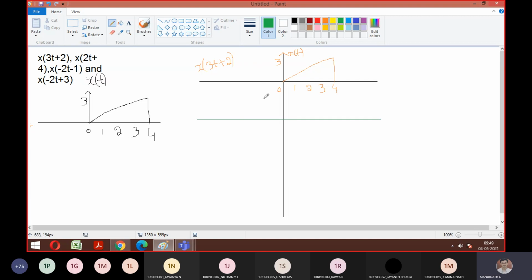Plus 2 means, I told you, it has to come towards the negative side, right? So the signal will start from a 2-unit delay. 4 to 3 is one shift, 3 to 2 is one more shift. So how does the signal look now? It starts from 2, and ends where, guys? Ends at minus 2, sir. Good. Minus 2. So this is minus 2 and this is your plus 2. This is the amplitude of 3. So this is your first category, t plus 2. Any doubts anyone, how to get this t plus 2 first of all?